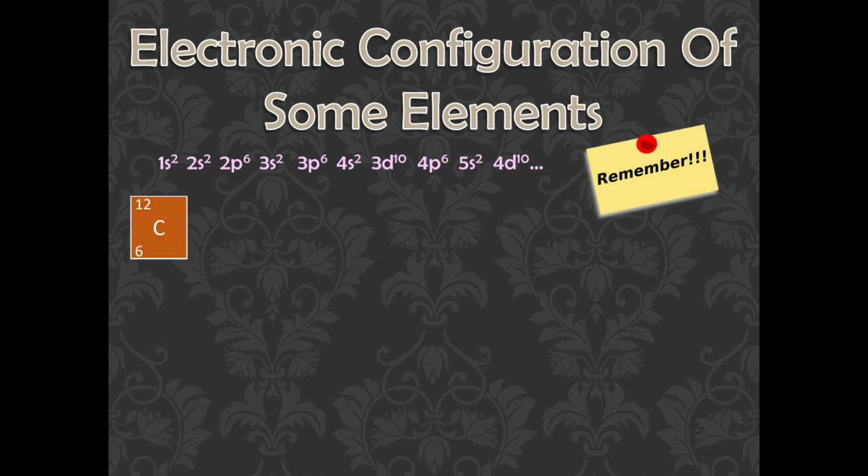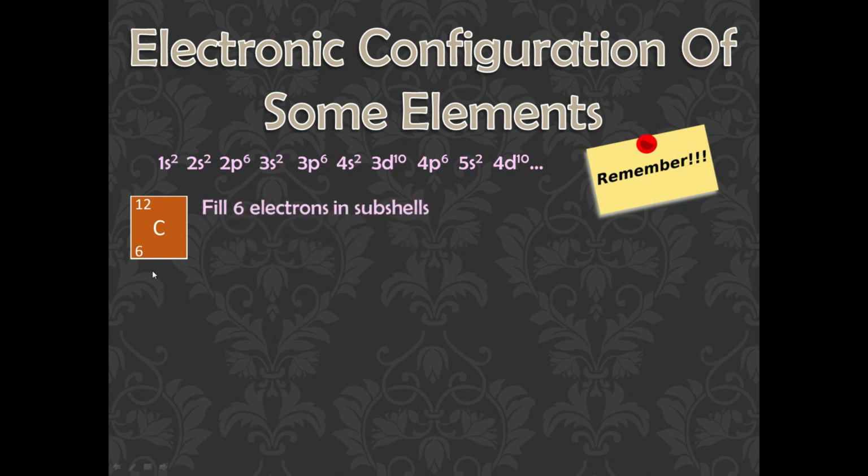So if you learn this sequence, you can easily write electronic configuration for any element. Let's write electronic configuration of carbon, which is having 6 electrons. This is the symbol of carbon. Atomic number is written over here, and in my last video I told you atomic number is the number of protons in any atom, and number of protons is always equal to number of electrons. So this atomic number also gives you an idea about the number of electrons present in any atom. So carbon is having 6 electrons.